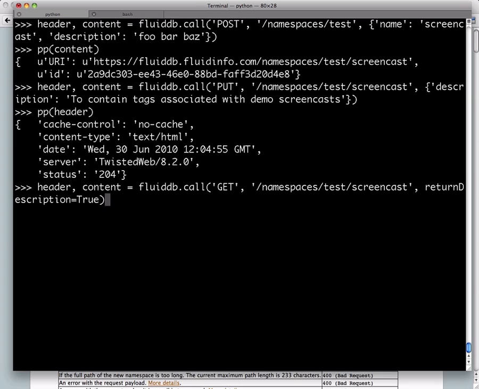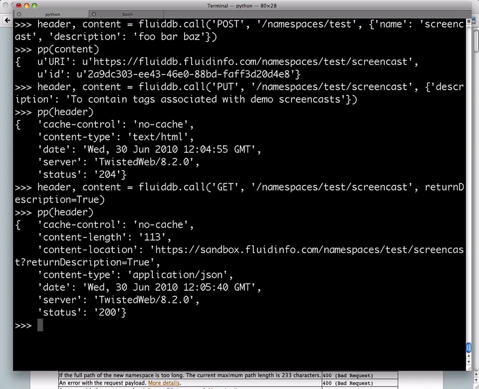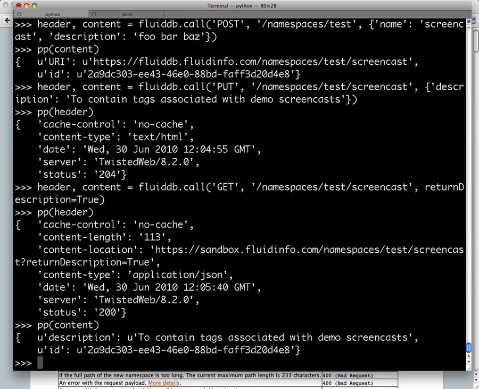In this case, we've had the namespace's description returned. So if I check the header, we can see we've got a 200, and if I look at the content, we can see the description returned as I requested. It's interesting to note that in the header you can see how the keyword argument was appended to the URL that's referenced in the content location